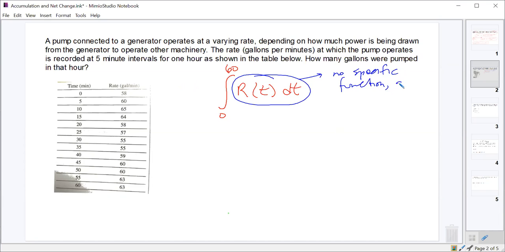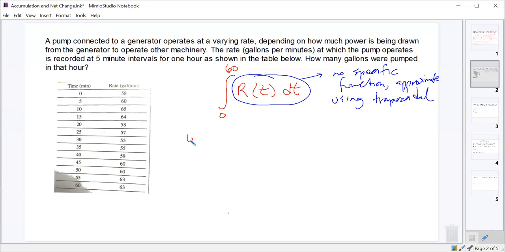So what method do you guys want to use to approximate it? I would think the trapezoidal would be the best. What do you guys think? Perfect. All right, so we'll approximate that using trapezoidal. And what needs to go out in front of it? Anything? H over 2 for our trapezoidal rule, but nothing out here, right? Because we're not looking for an average, we're just looking for a total number that we're pumping, right? So nothing needs to go out in front other than just approximating this using the trapezoidal rule, which will be